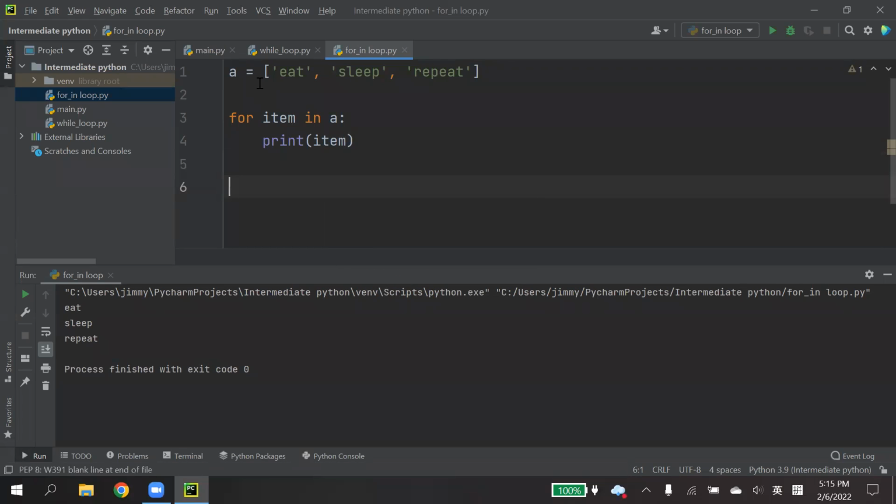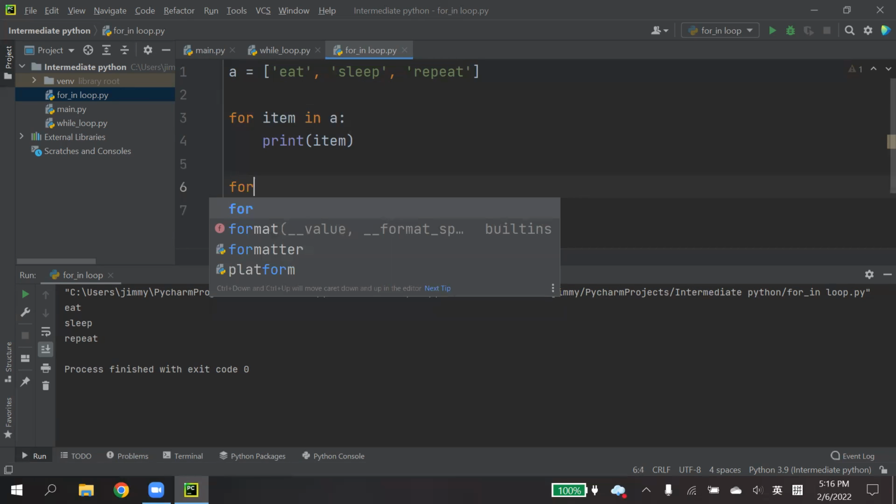Okay, so if you have a list and you want to step through it, then you can use a for in loop. And usually, if you want to repeat a certain number of times, we know how many times we want to repeat, for example 5 times, 10 times.